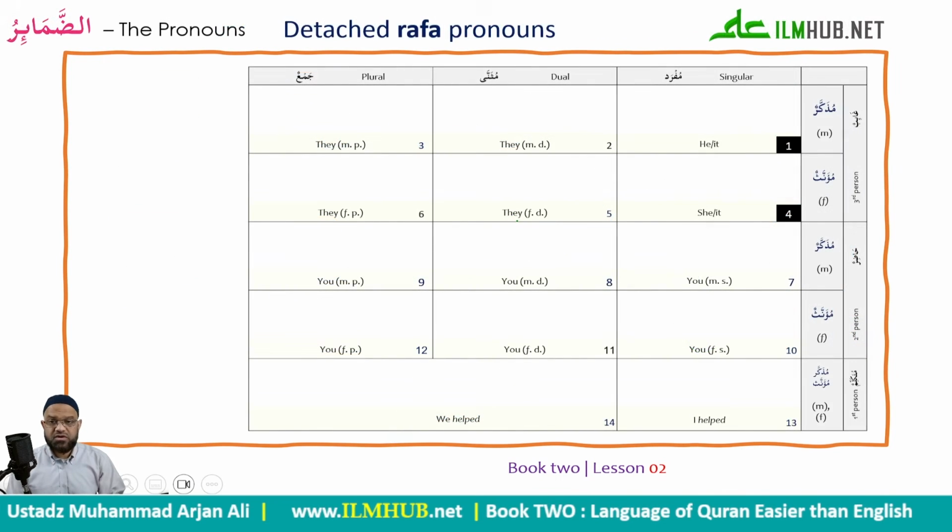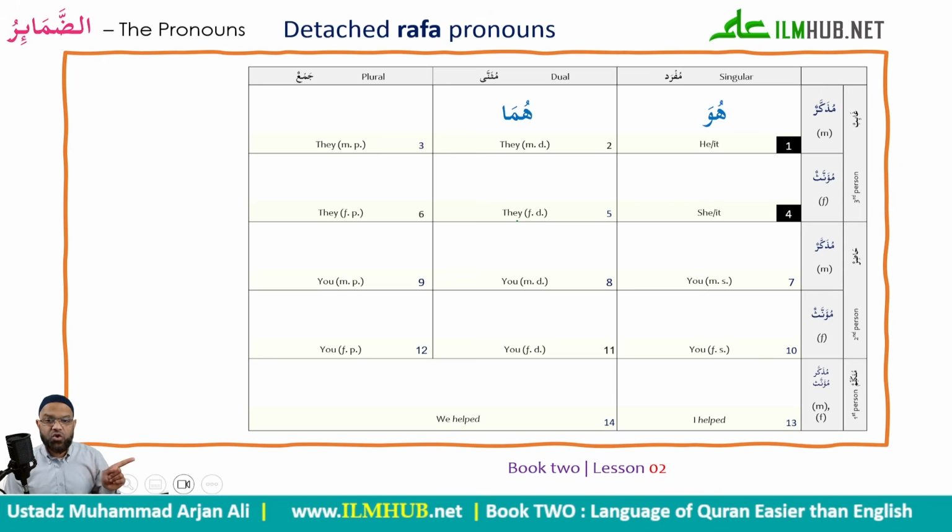Now, if you recall, going back to book 1, lesson number 5 onwards, I did emphasize to you the importance of learning the pronouns. So we'll be using the pronouns, inshallah ta'ala, here in this course to learn verbs. And I mentioned there, if you learn them well, you will be able to reproduce the verbs a lot quicker. So the 14 pronouns that I asked you to learn then are relatively easy, inshallah. I hope you've memorized them. If you haven't, please go back and do memorize them. They're going to be very useful for your study.